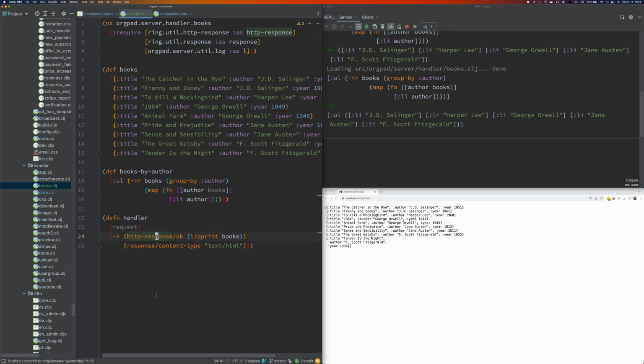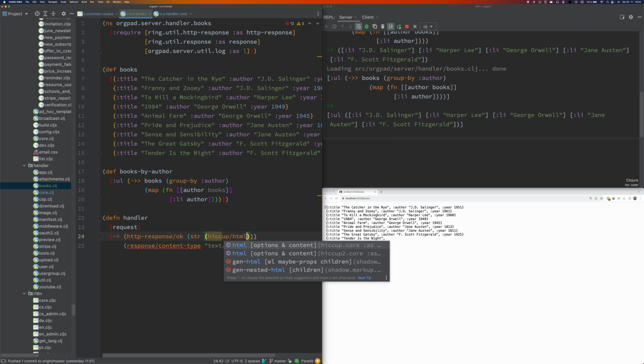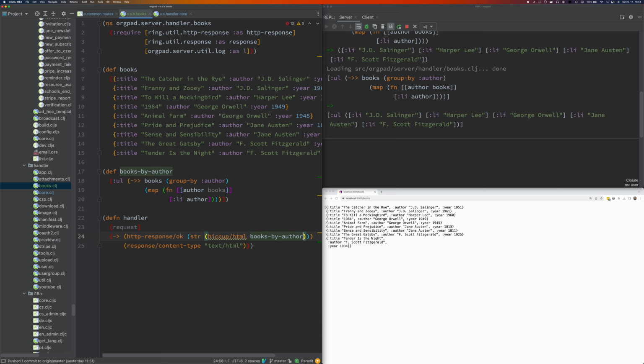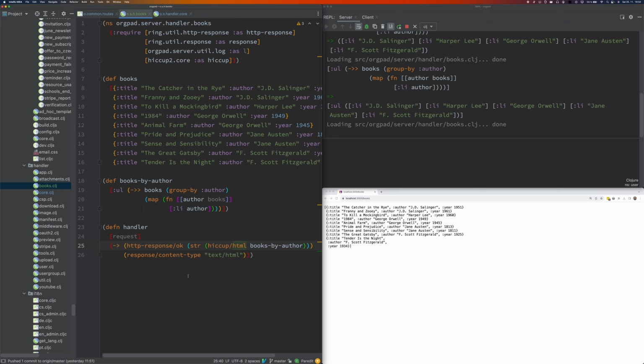Okay, so let's do the hiccup. Let's do the HTML here. So we will do str of hiccup/html of books-by-author. Let's add the requires. Let's reload the namespace. Okay, now if I reload the browser window, I get a list of all the book authors, which is pretty nice.